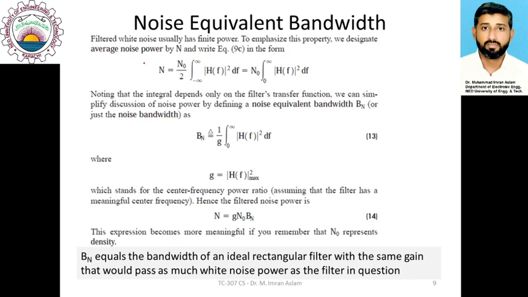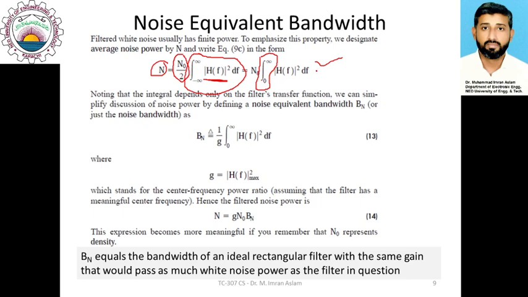So for all practical cases, the noise power is represented by N naught by 2, which is the power spectral density of white noise, multiplied by the integral of H(f) squared. Because of the symmetry, we can simply integrate from 0 to infinity and multiply by 2,